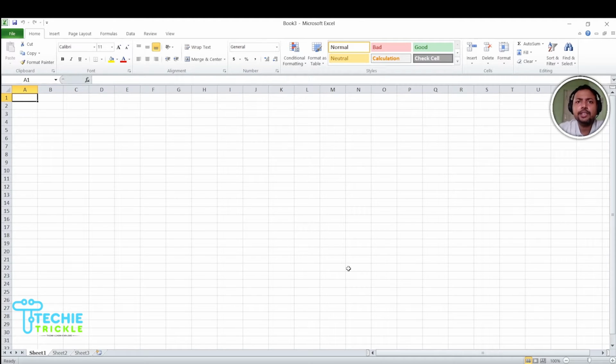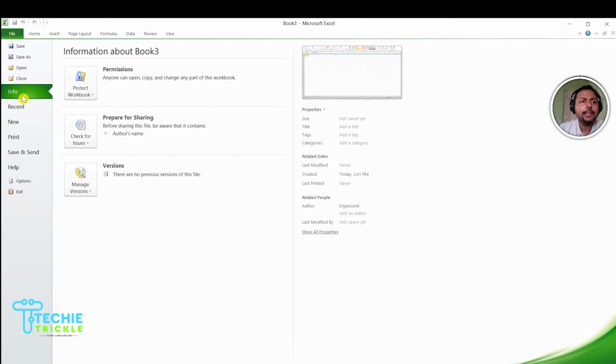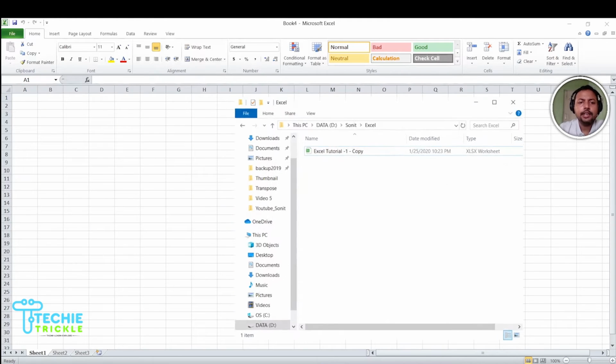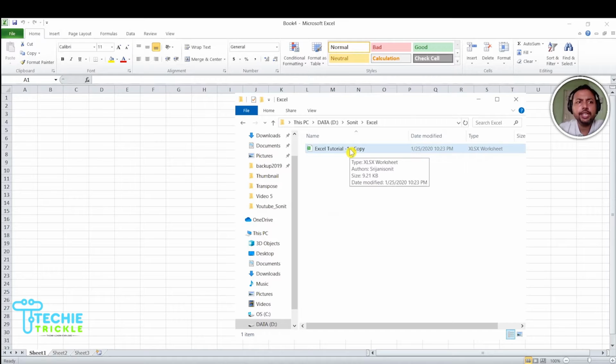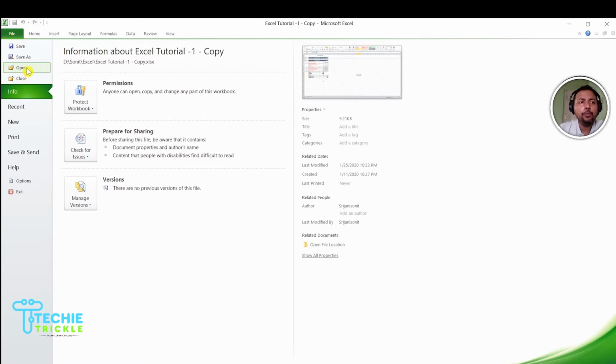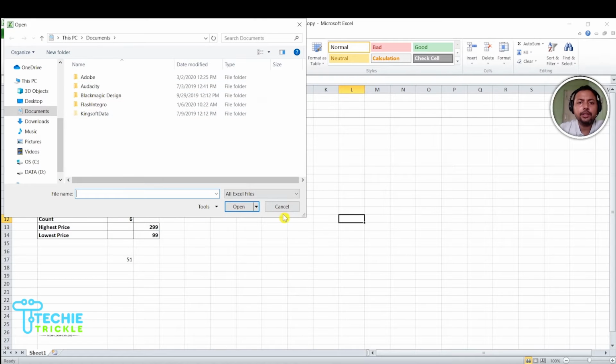Now, if these are the situations, then Excel does have a methodology by which you can retrieve your past unsaved data. So I open a blank Excel sheet. From File, I give New, and then I click on Blank Workbook. I open the sheet. Now I have a sample sheet for today. So this is the sheet. Let me drag it like this. This is another way in which you can open a sheet rather than going from File and then Open and going through this particular way.